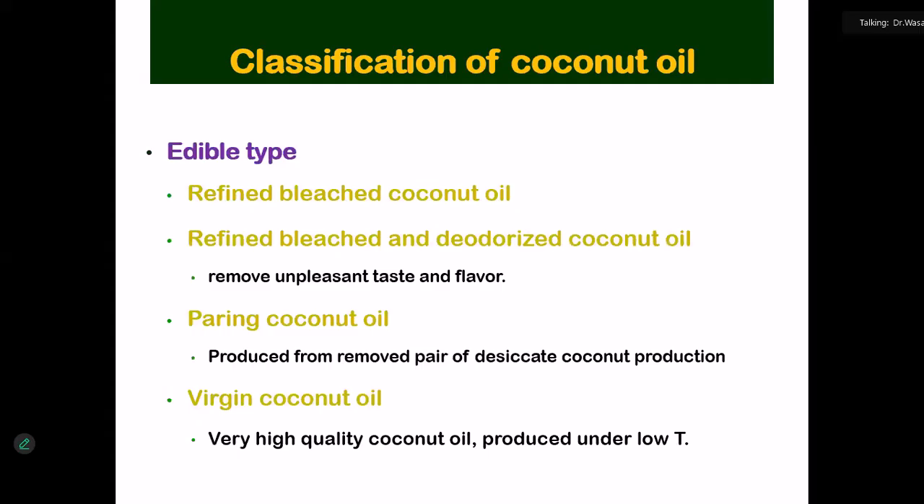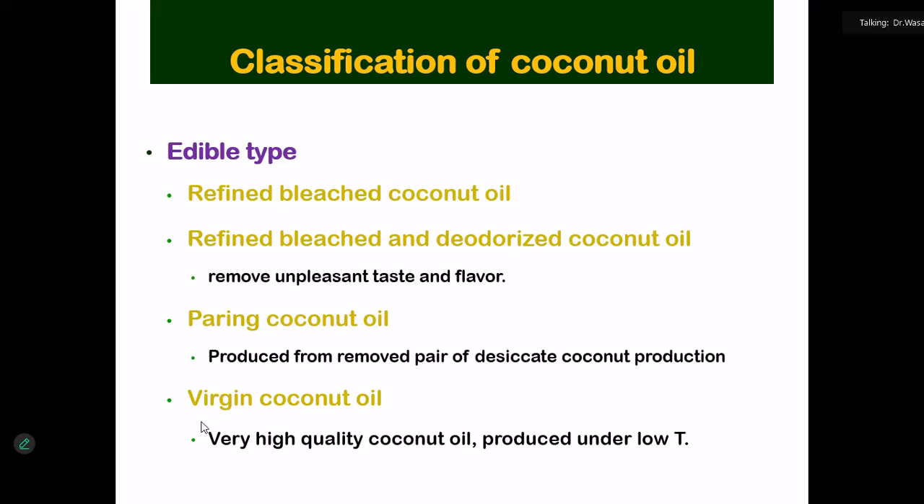This slide is very important. Please make note, I have asked this in the exam. Classification of coconut oil. You should know how to classify coconut oil: edible and non-edible. Non-edible means industrial. In the case of edible coconut oil,